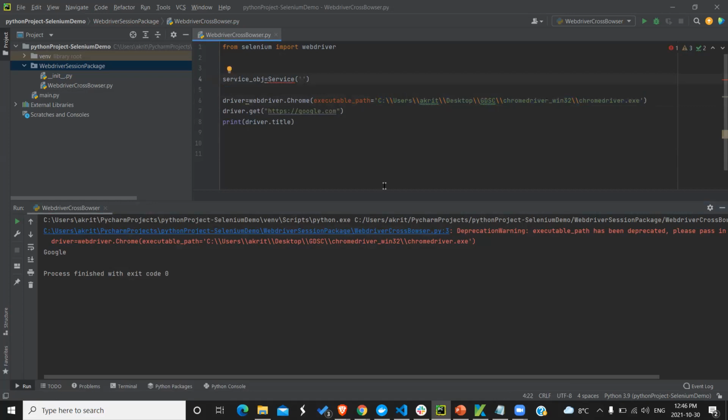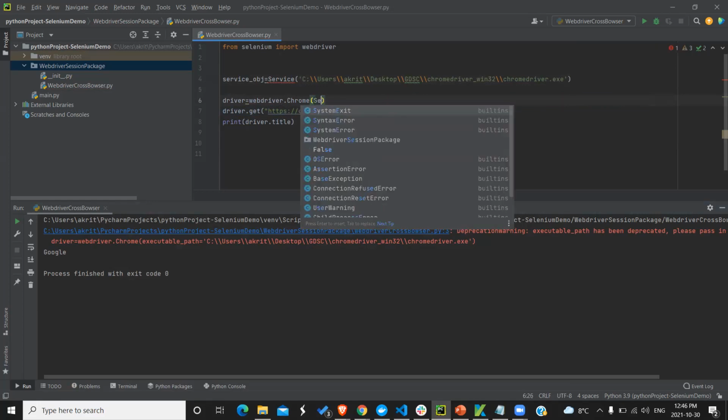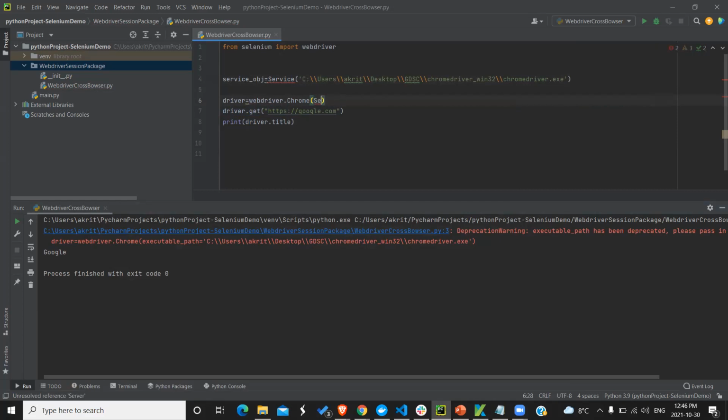Since it is showing that it is deprecated, we need to add our path into the service. I will try to import the file once again. Just a minute, I need the correct path.